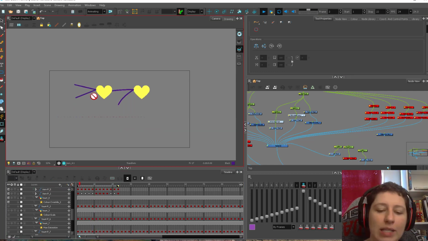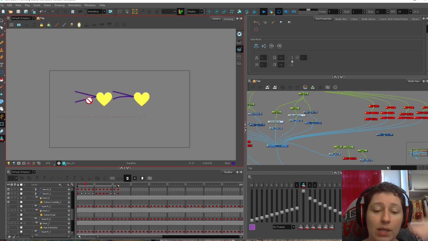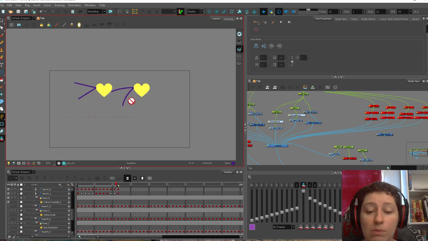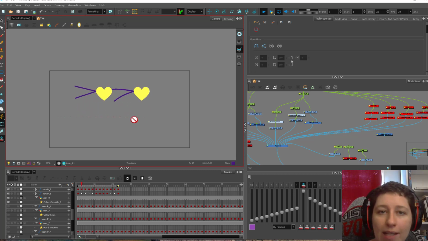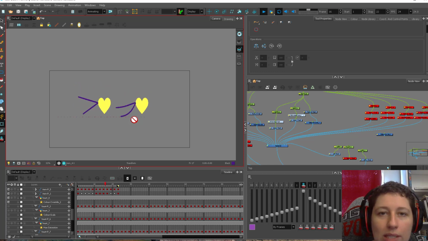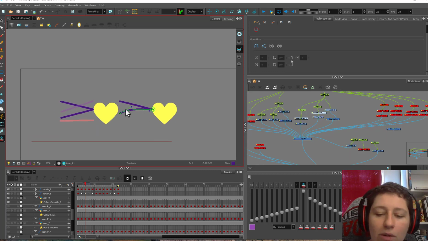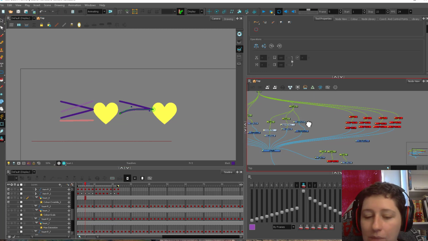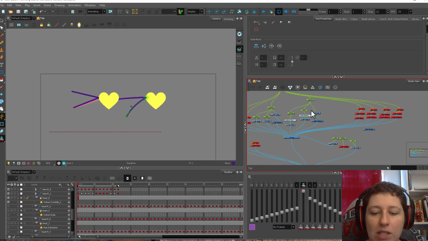You have the rigid form with a rigid connection. You've got rigid form with a loose connection. Over here, we've got a little bit more of a flexible form with a flexible connection. That's the kind of thing you need to think about when you're doing this, anything that you're animating. And we can even think about making this super flexible, like a ponytail or something like that. You've got even more things to think about. But for the very basics of it, this is what you want to think about.